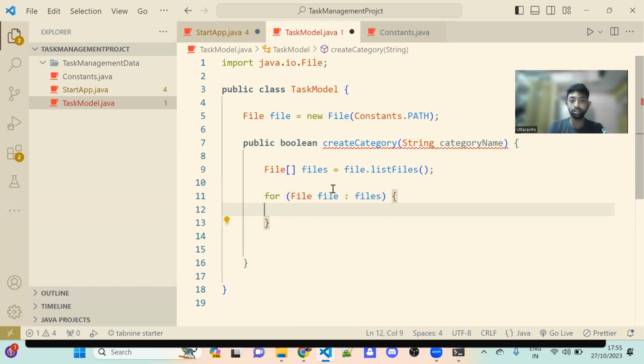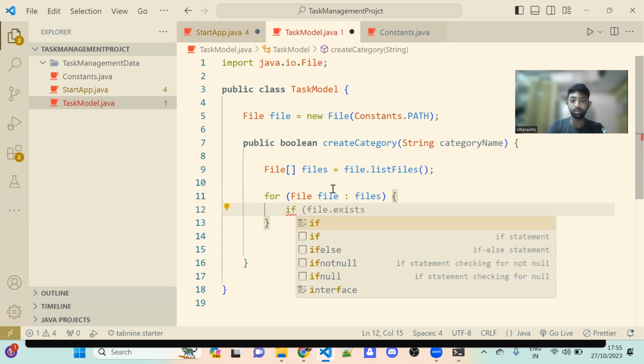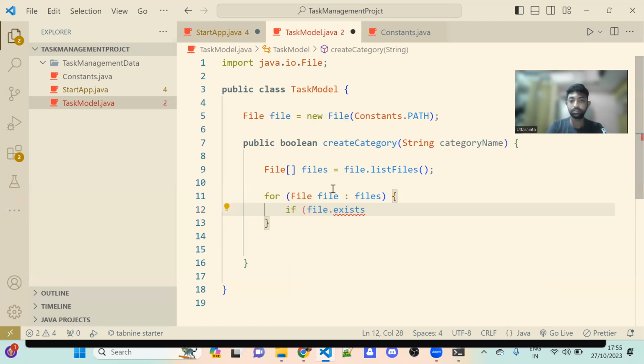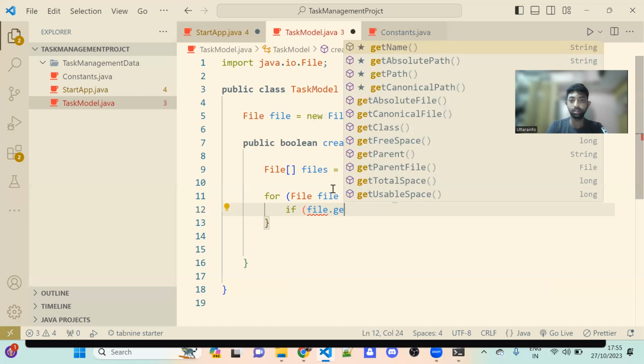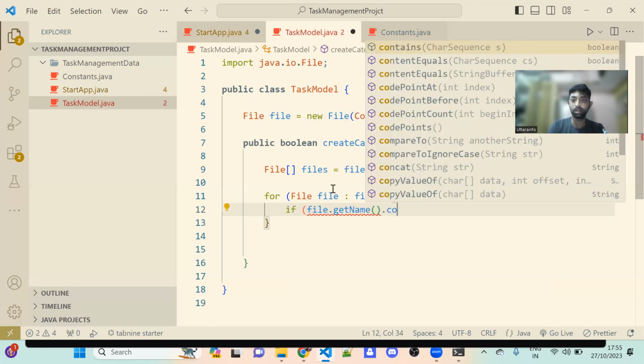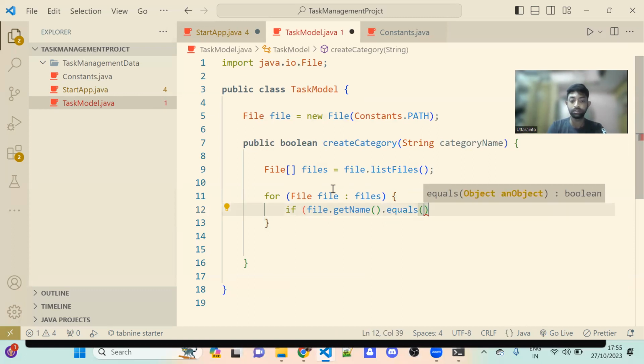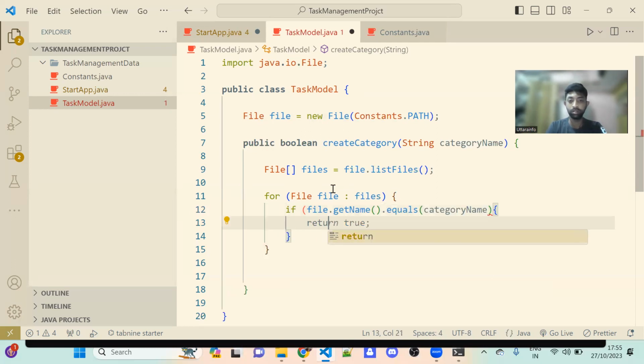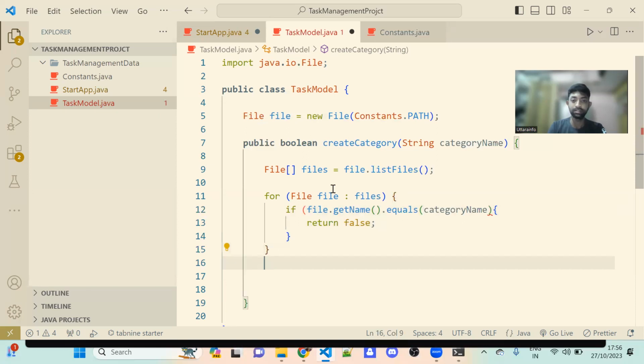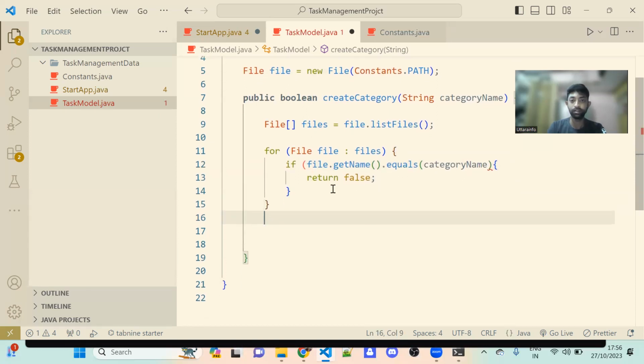Inside the for each loop, if file dot get name dot equals category name, then you return false. Okay,